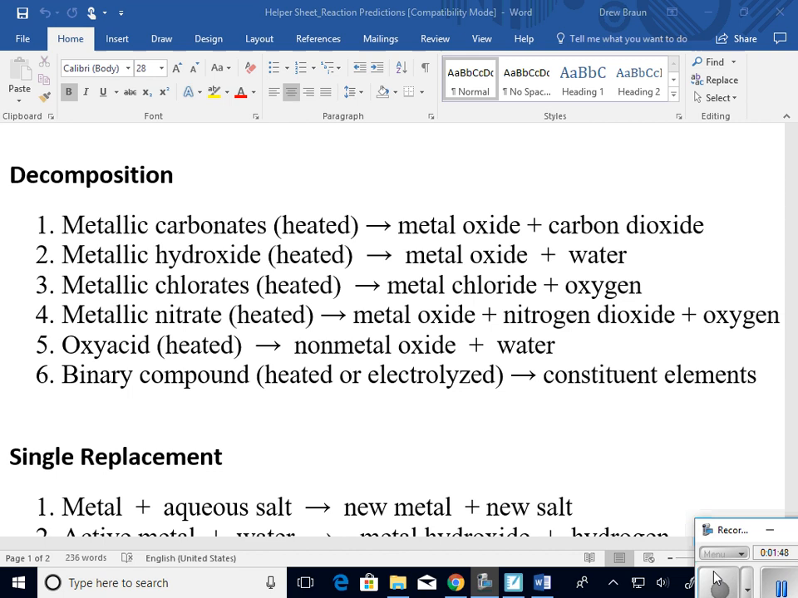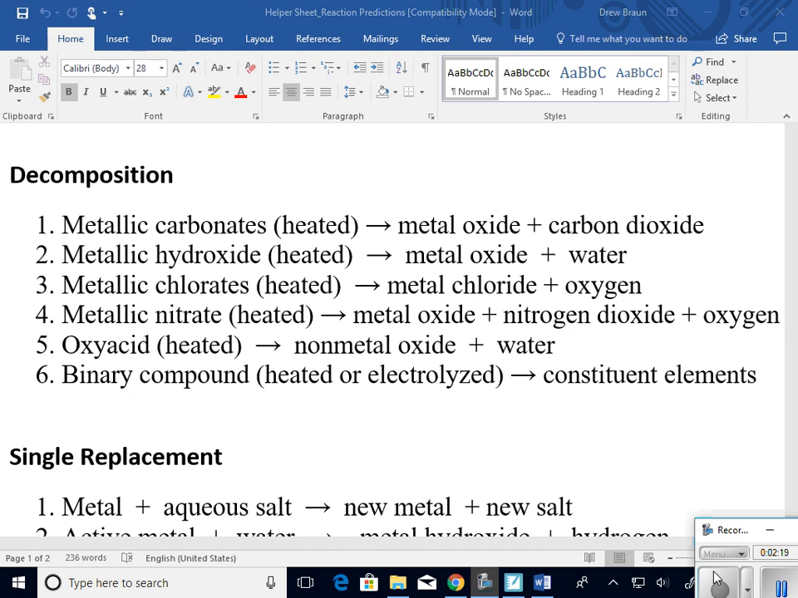Metallic chlorates heated give metal chlorides and oxygen. Metallic nitrates heated give metallic oxides, nitrogen dioxide, and oxygen. Oxyacids heated will give nonmetal oxides and water. And binary compounds, whether they're heated or electrolyzed, will give you the constituent elements, the 2 elements that that binary